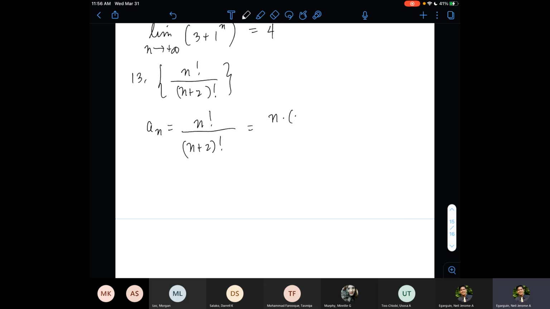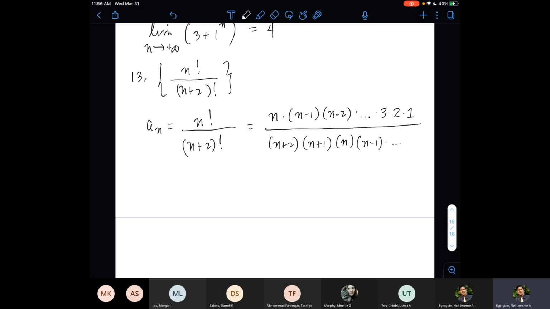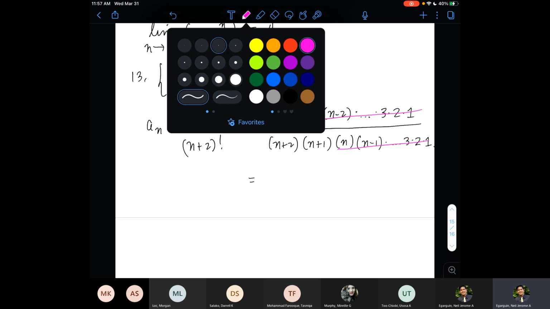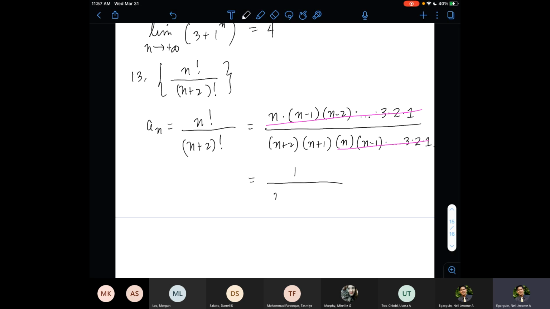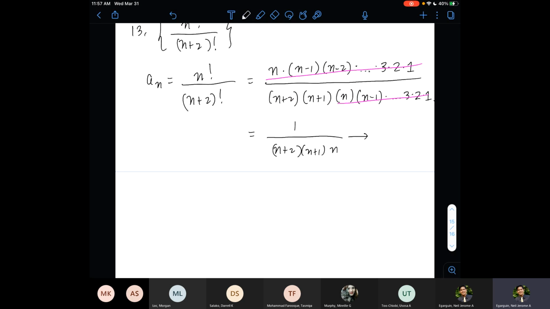factorials. So n factorial is n times n minus 1 times n minus 2 until you reach 3, 2, and 1. Then n plus 2 factorial is n plus 2 times the number before it, which is n plus 1, times the number before it, which is n, and then you go in reverse until you get to 3, 2, and 1. And then you can cancel like terms. Here I can cancel n until the end by this guy. So we'll have 1 over n plus 2, n plus 1 times n. I think this is very similar to the ones we solved earlier. And this will approach 0 as n goes to infinity,